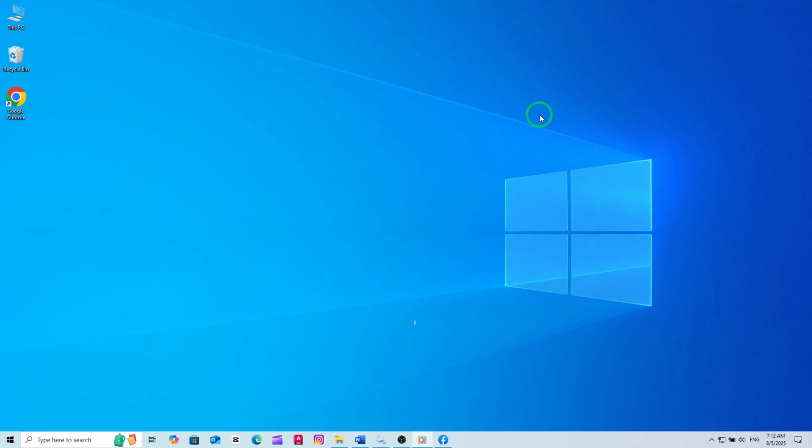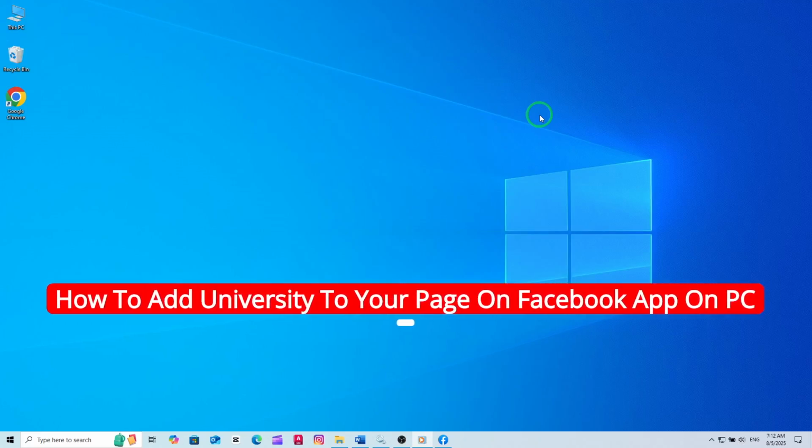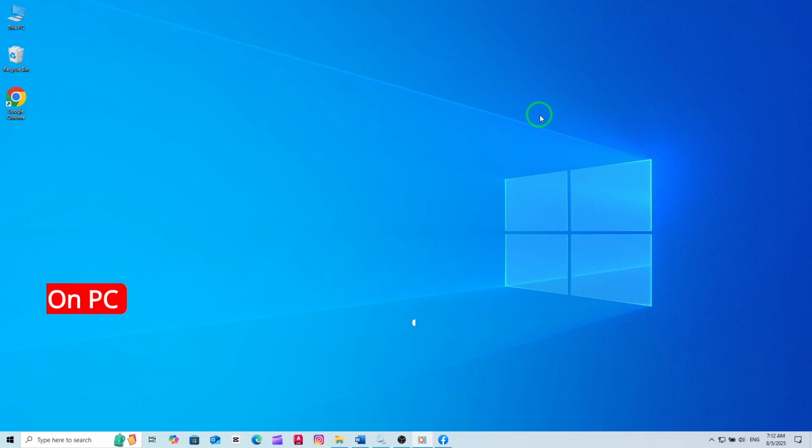Welcome. Today, I'm going to show you a simple and quick way to add a university to your page on the Facebook app using your PC, especially with the latest update. Whether you're a student, an alumnus, or just want to showcase your academic background, this guide will help you update